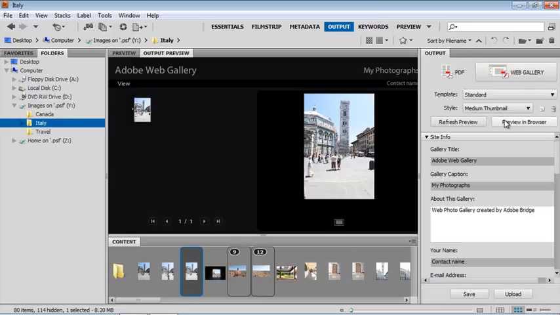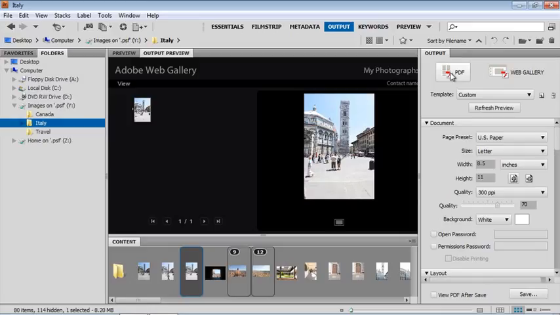Bridge also lets you create PDFs that you can either email or print. I'm going to click on the PDF icon. Now what we'd like to do is set some basic parameters for the document. We're going to choose a US paper size. Letter size looks good. We can choose the quality for our images. We'll move this quality slider up to 100% here. We can choose a background color, all those cool things, but let's get this set up so we can actually